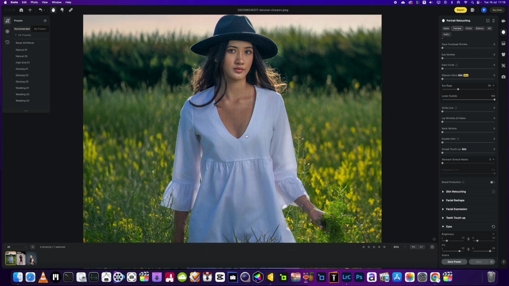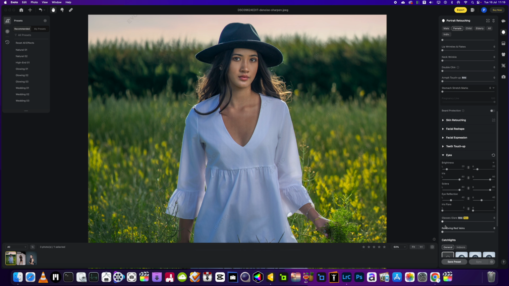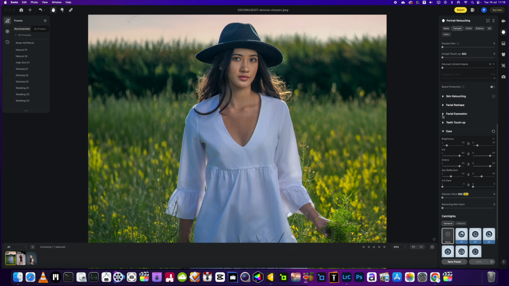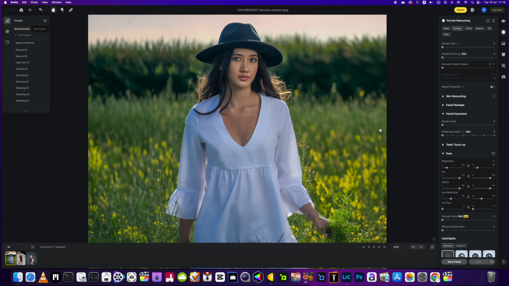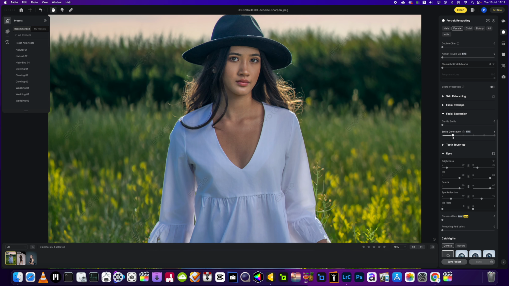Same with teeth, etc. Now, another thing they've added is the facial expression. It's in beta, okay, and this one isn't in beta, but the gentle smile can be used, just a little bit. Gentle smile is what it says on the tin, but this smile generator, no, it just